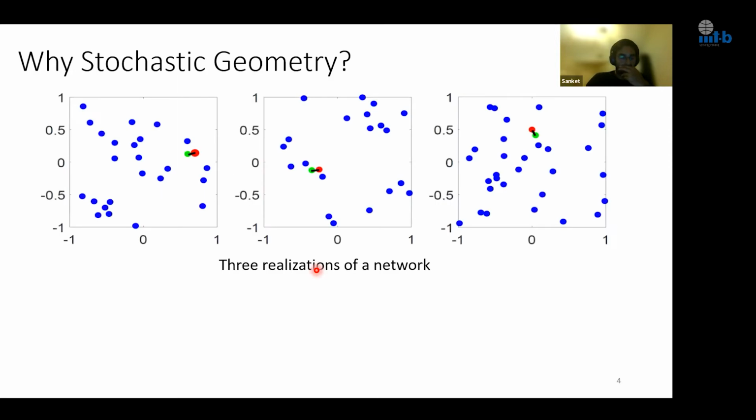So let us talk about why stochastic geometry, or what is stochastic geometry. Let's focus on this first figure on the left-hand side. These circles essentially denote the position of these various wireless nodes. They could be the base station, they could be vehicles in vehicular communication. This could be a mobile terminal like a cell phone or iPad or whatever. And let's assume that these blue dots here denote the interfering nodes for this transmission going on between this